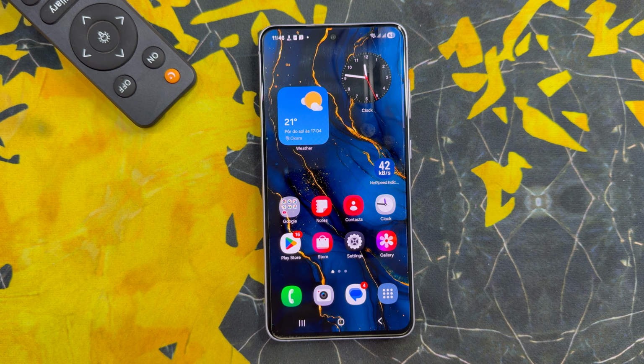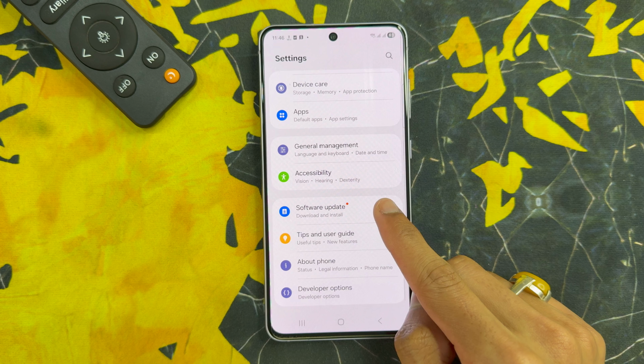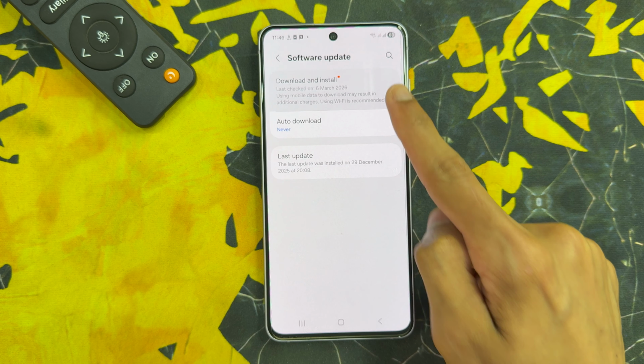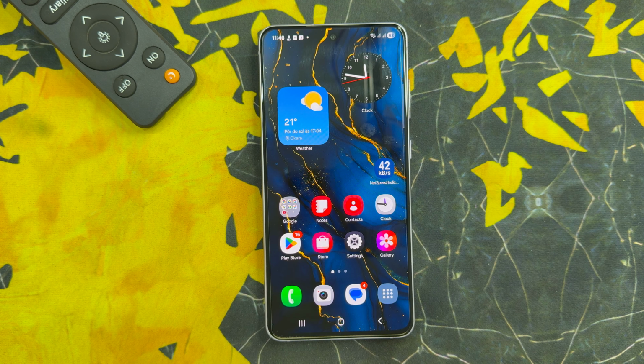But if it's still not solved, again click on settings app, scroll down and click on software update. Download and install. You will check your software update is latest. If it is not latest, update your software to the latest. After updating software, go back to home screen. So that's how you can fix app not working issue